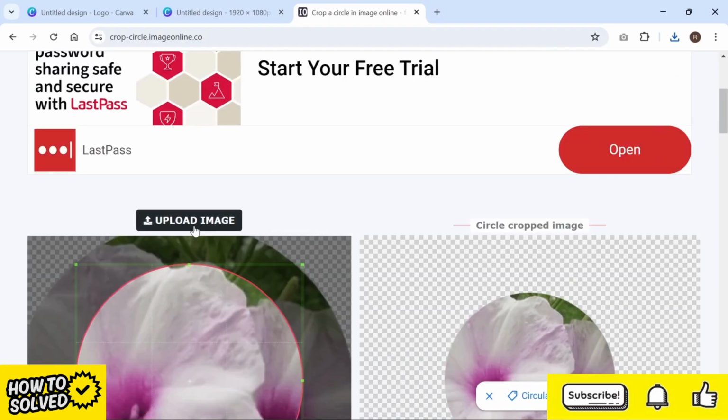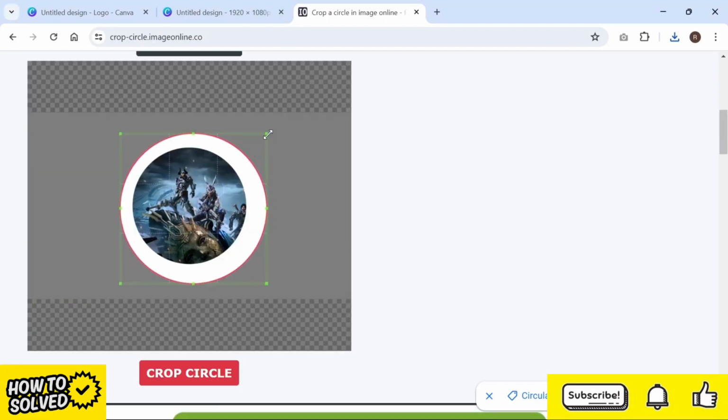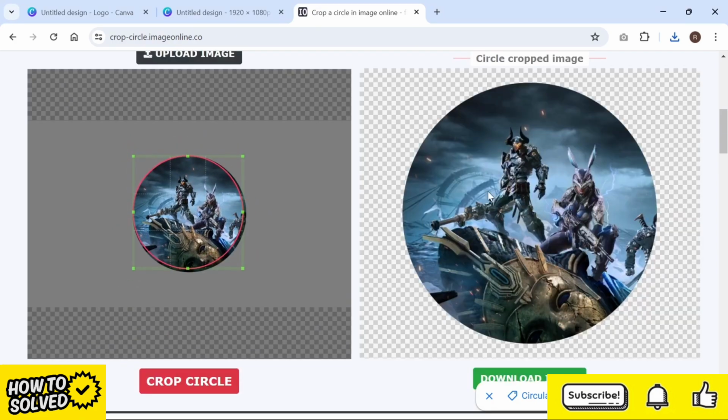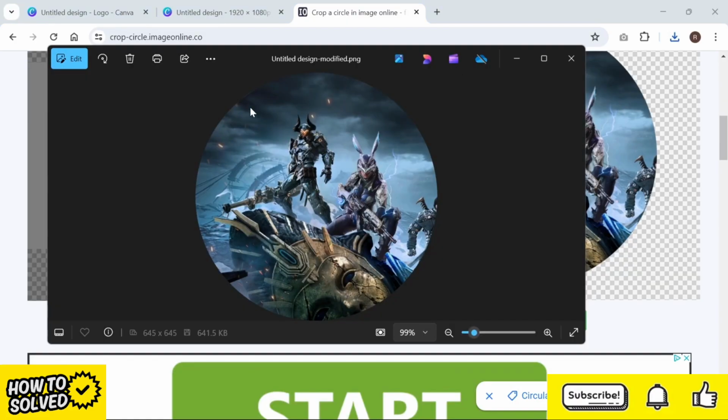Scroll down and select upload image. Click on the image that you want to crop. Then just go ahead and resize your image to fit within this circle crop. Once you're happy with the placement, click on crop circle. And as you can see, this has now removed the background. So if I click download image, we now have our final image without the white